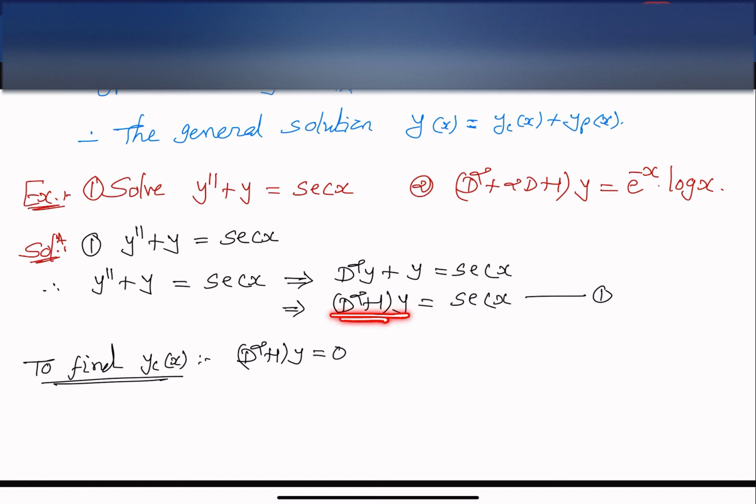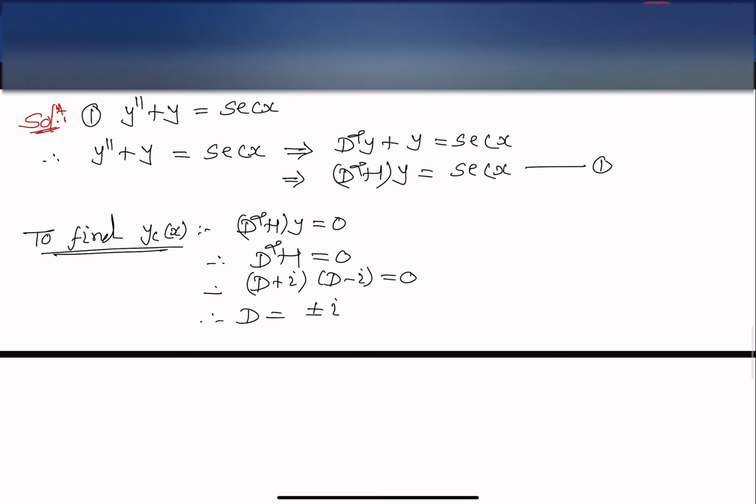There is no change in the left hand side, keep in mind. Clear? And so D square plus 1 equal to 0. And which are the factors? D plus i, D minus i equal to 0. And for D is equal to plus or minus i. And therefore